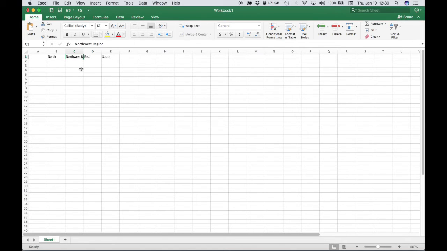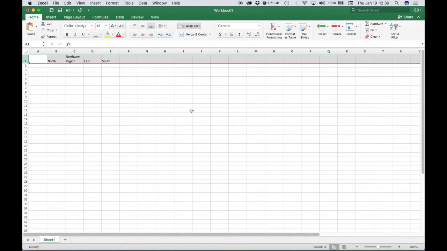If I Command Z to undo and click on the cell number, I select the entire row and then I can choose wrap text. C1 is really the only cell that needed to be wrapped, but just in case, it's formatted for this entire row. Okay, we're also going to align the text to center. We're going to bold it,